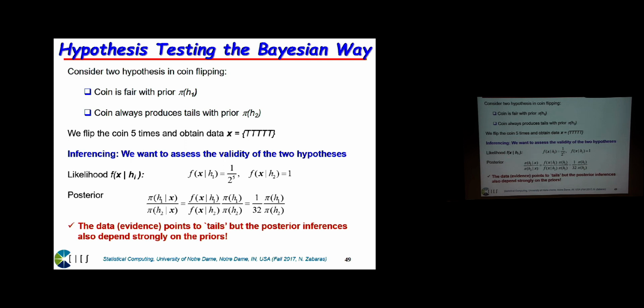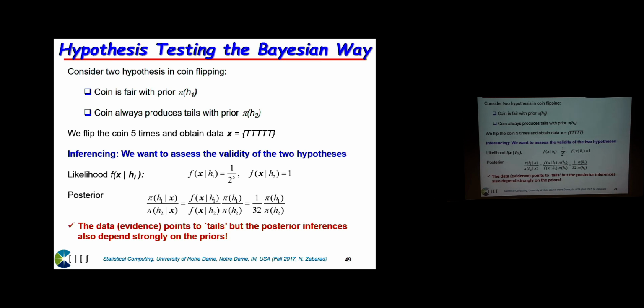So both of these distributions have the same normalizing factor, which cancels, so you don't see it here. So what you see is the likelihood with hypothesis H1 times the prior of H1 divided by the likelihood of H2 times the prior of H2. So you plug in this 1 over 32, and now you see,